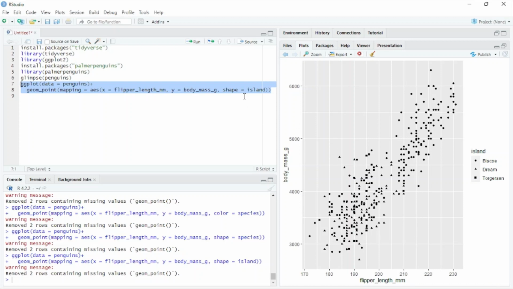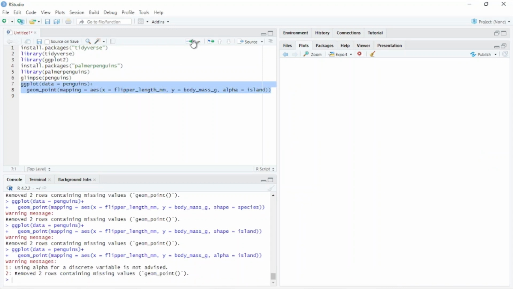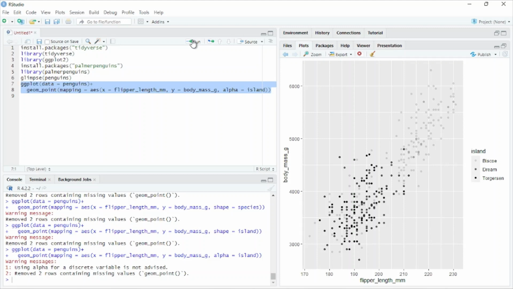So I just type here alpha equal to islands. Run. That's it. You can see it's very easy and straightforward how to modify our